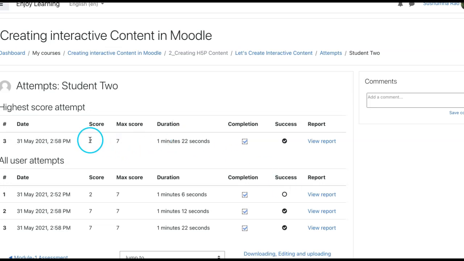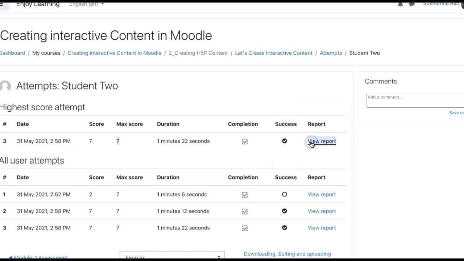Remember that. Okay. When you observe this, the score the user got is 7 and maximum is 7. That's why success is marked ticked here. But here if you observe, the score is 2. That means the user scored only 2 and maximum score is 7. So that's why though the user gone through that entire activity, the success is marked as null. Okay, there is no tick mark. It is marked as fail actually. The words they used are pass and fail.